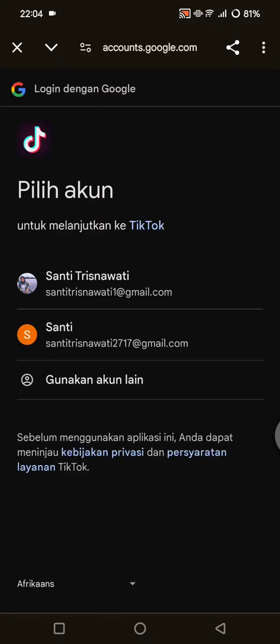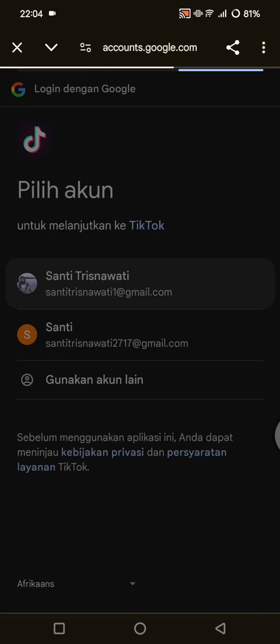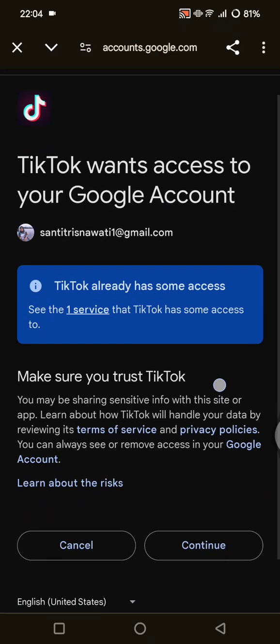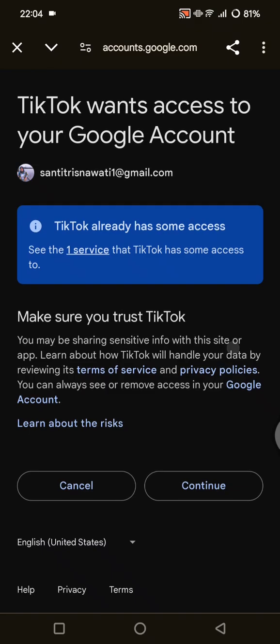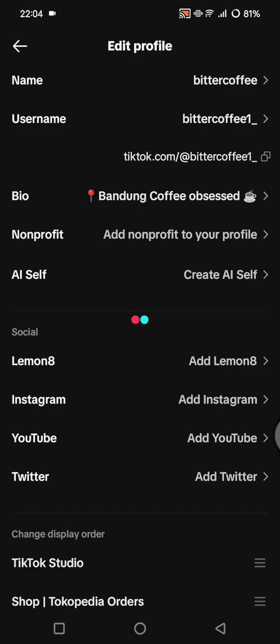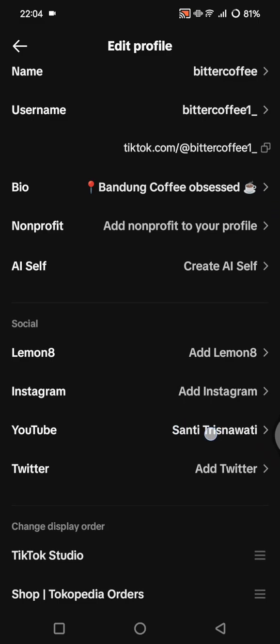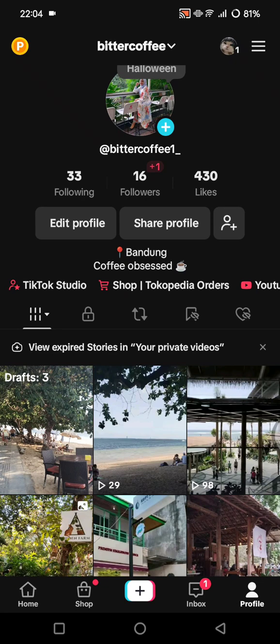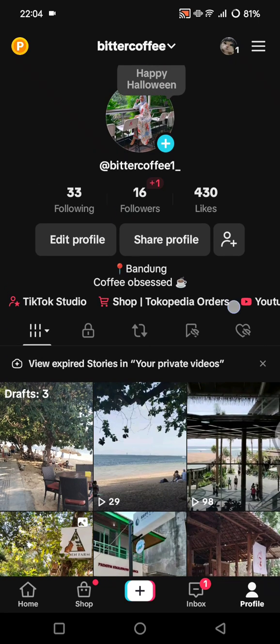So here you need to choose your Google account or your YouTube account. Now you need to authorize TikTok. You can just tap on continue, and after that it will add the link automatically, my YouTube link. So when I go back to see my profile right here, under my profile or on my TikTok bio there will be this YouTube button. So when I click on it,